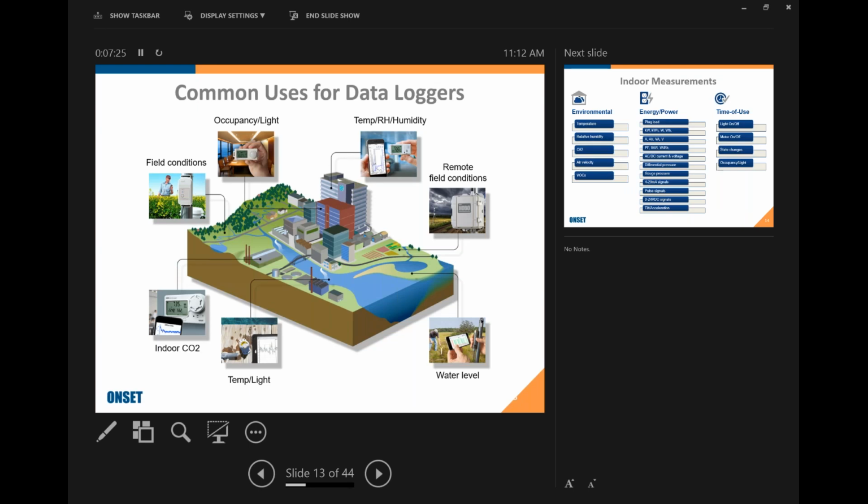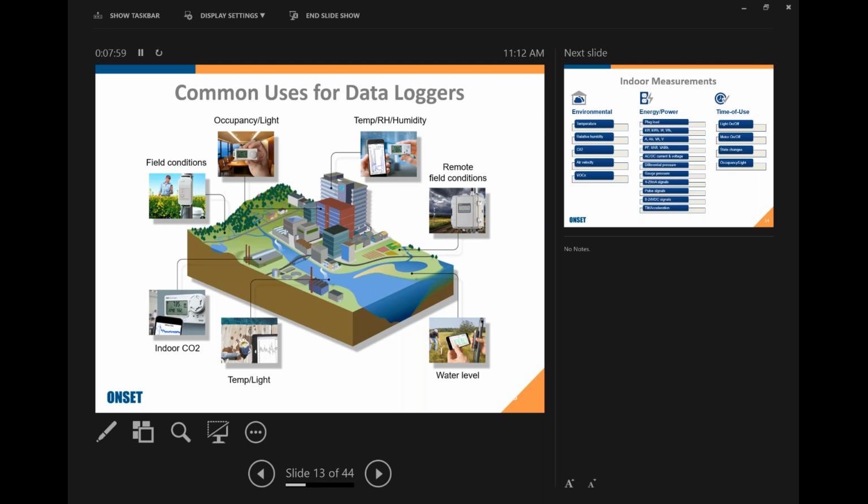But as a quick snapshot of what it is we're capable of doing, as you can see, we can record field conditions for temperature, relative humidity. Inside of a building, we can understand occupancy and light, when lights are on or off, and when a room is unoccupied or occupied. For indoor air quality conditions, we can record temperature, relative humidity, and CO2. For comfort complaints conditions, we can understand temp and relative humidity. Also for balancing a system to understand how much heat or how much air conditioning is coming out of a